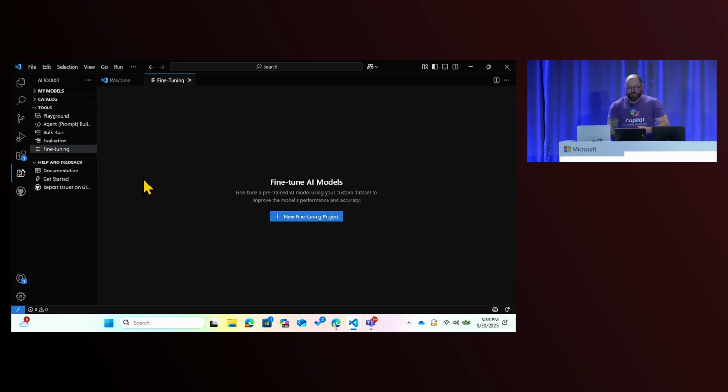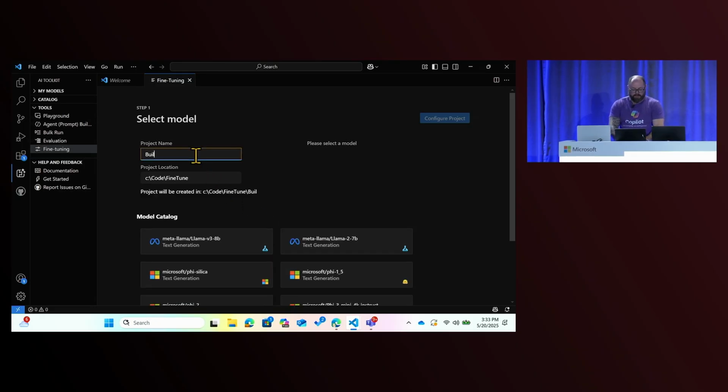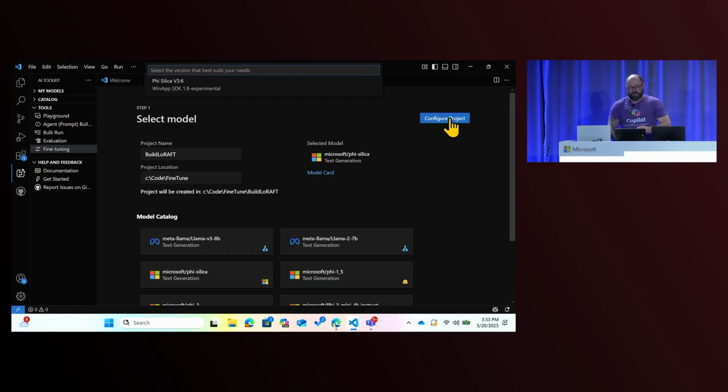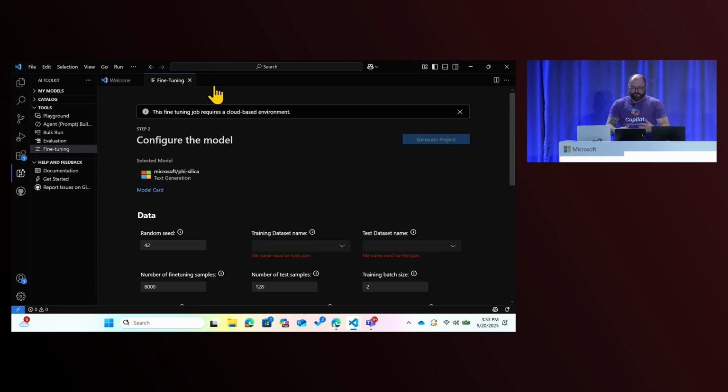And so what I'm going to start doing here is just create a definition of the project. So we are at Build, so we're going to do a LoRA fine-tuning at Build. We're going to select here the PhiSilica model, and that's it. That's really where the project is going to start being created within that folder.